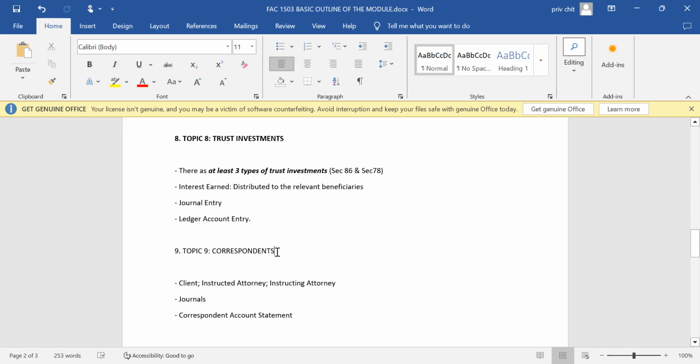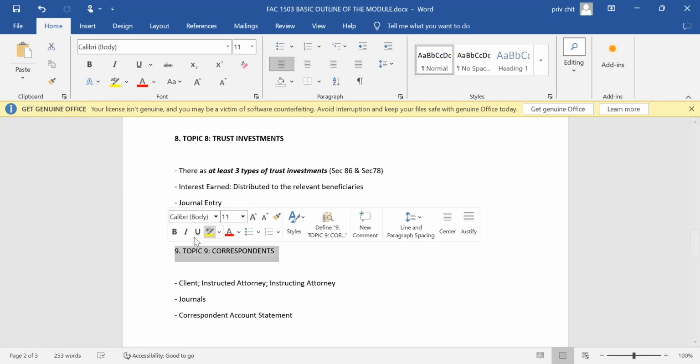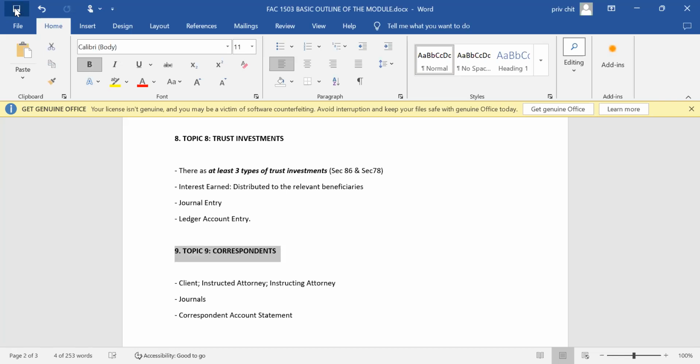Then, of course, one of the last topics that you need to know in this module is called correspondence. So they deal with correspondency. With correspondency, just so that you understand the dynamics behind it, there are 3 parties to it. Number 1, you've got a client who approaches an instructing attorney to perform a service on their behalf.